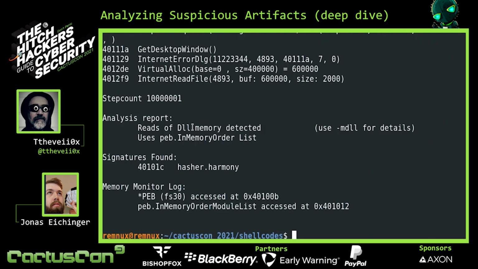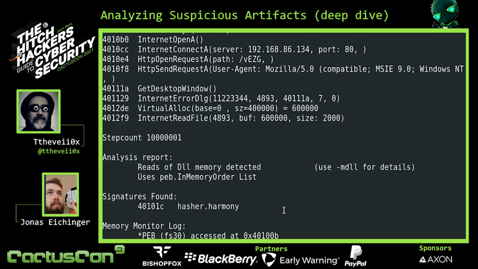So we can see that it does a DLL memory read that was detected. We have a signature found for the hash or harmony. And yeah, that is what we can see with